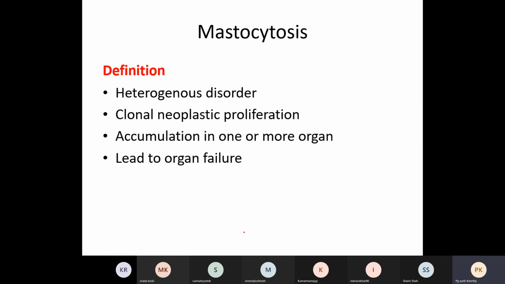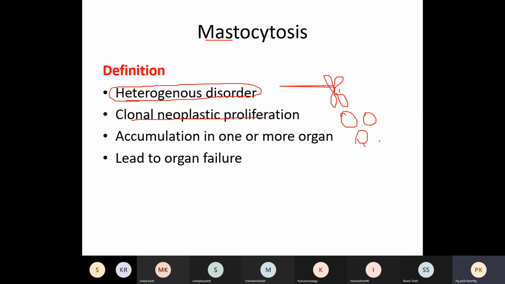So what is the definition of mastocytosis? Mastocytosis is a heterogeneous disorder. What is happening here is a clonal neoplastic proliferation of your mast cells. Why are these mast cells proliferating like this? Because they have acquired a mutation. They acquire some mutation, because of that they are dividing. That is called clonal proliferation. Because of this, they go and infiltrate your different organs and cause